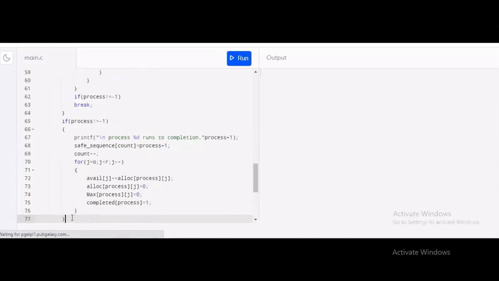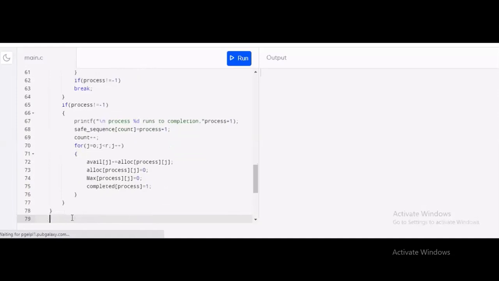All loops are closed. Now we have to check the while condition: while count is not equal to p and process is not equal to -1. What is the meaning of this while loop?